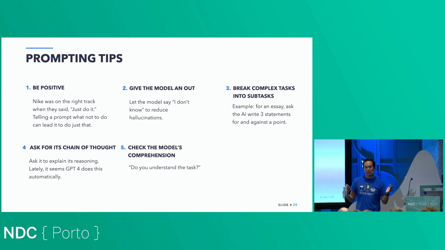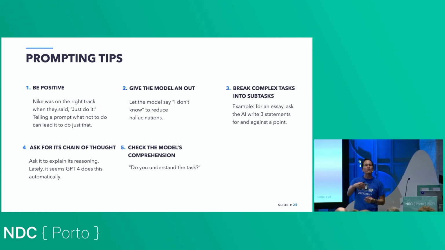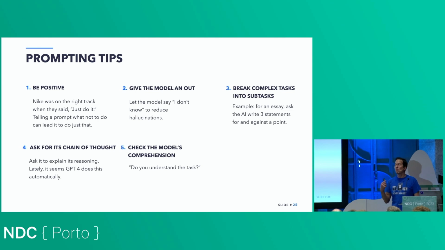Understand how the generative AI works. By introducing the context, it's trying to predict what words are related to that concept, right? So if you say, don't generate anything about pink elephants, you're often pushing it to do so. Say what you want it to do. Do generate things about something else, right? And then give the model an out. Let the model say, I don't know, to try to reduce hallucinations.